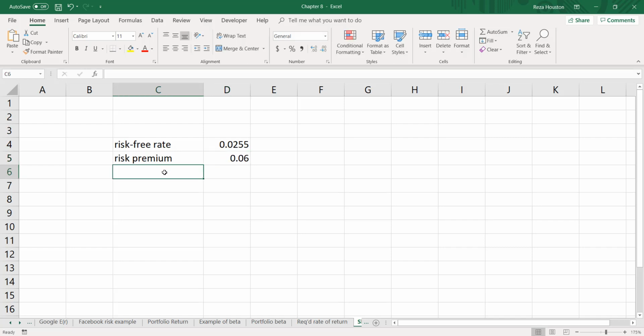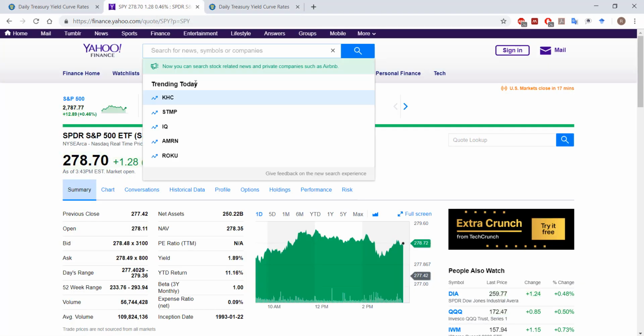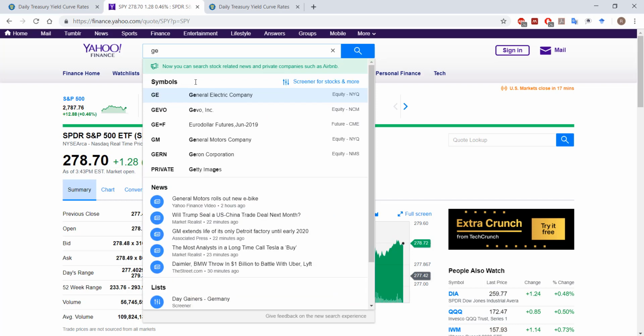Finally, we need the beta on GE, or General Electric. To get that, I'm going to need to either collect the historical data and run that regression model that I showed you a few slides ago. It's been a few minutes ago. Or I can just go ahead and look it up on a website like Yahoo Finance or Bloomberg. Simply because it's easier, I'm just going to look up GE's beta. So I'm going to go over to Yahoo Finance, and I'm going to search for GE, so General Electric,